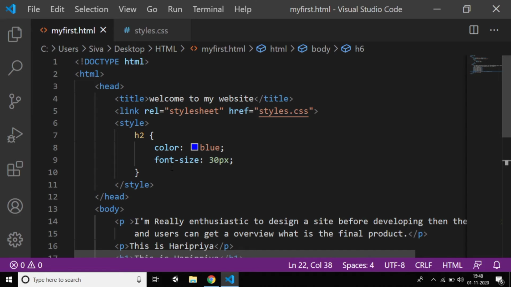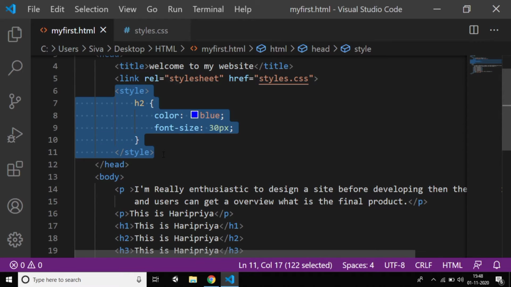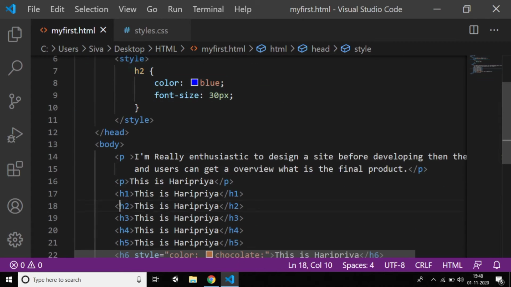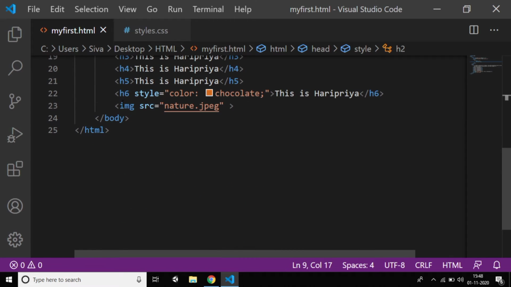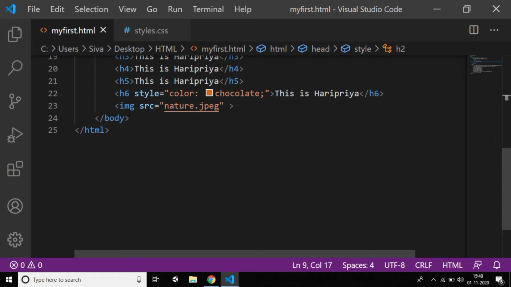So let me give a small recap. Inside the head tag, in the style tag, I wrote the style code to style the h2 tag, which is called internal CSS. I also styled the h6 tag inline, so inside the tag I wrote the style code, which is called inline CSS.